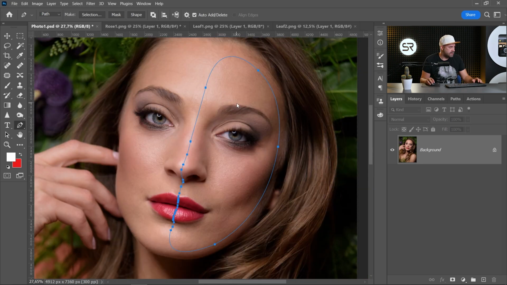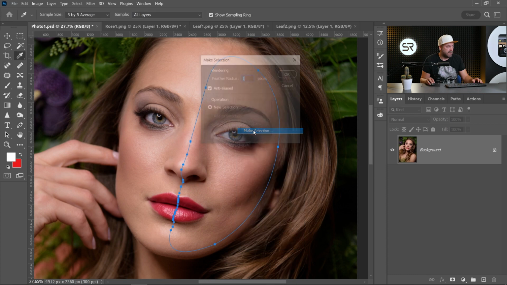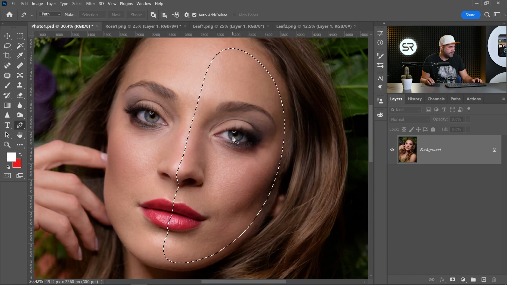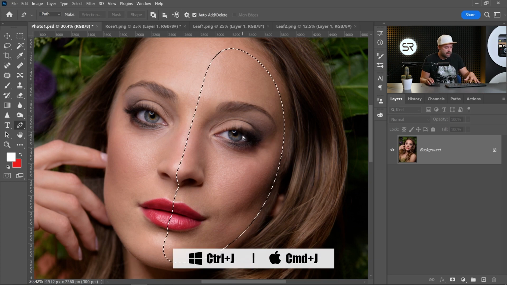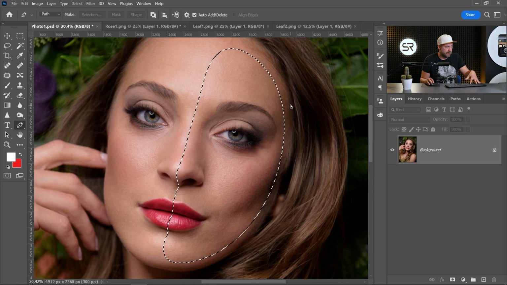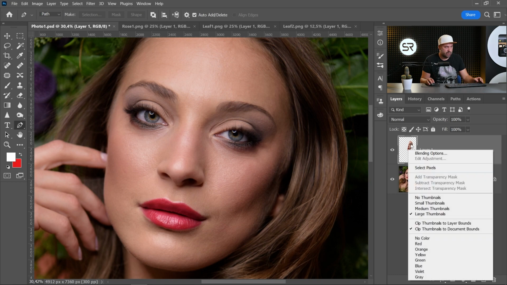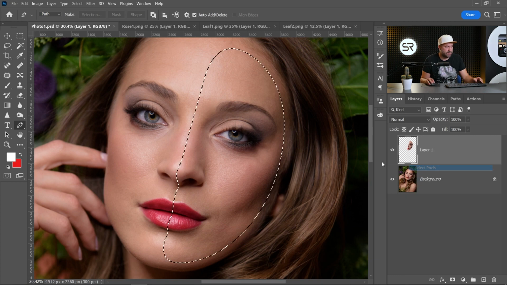Okay, I think the selection is good. Now right click and make selection. Let's set the feather radius to be 1 pixel. Now with Control Command J, make a duplicate layer with only the selection. Now right click on the new layer and click select pixels